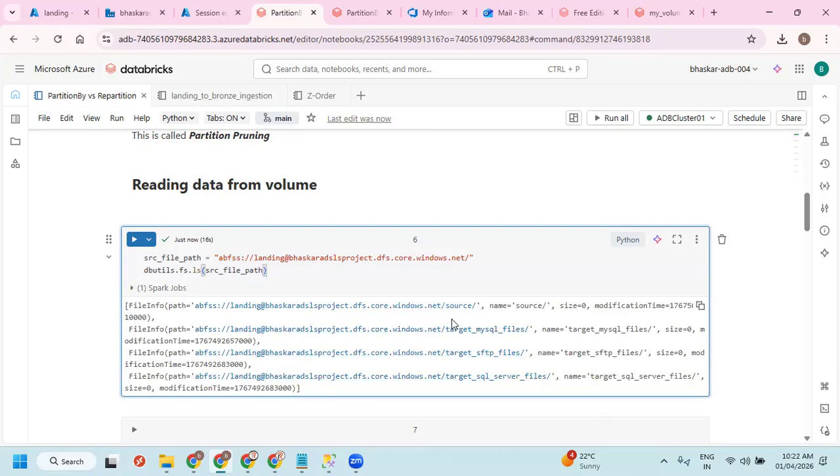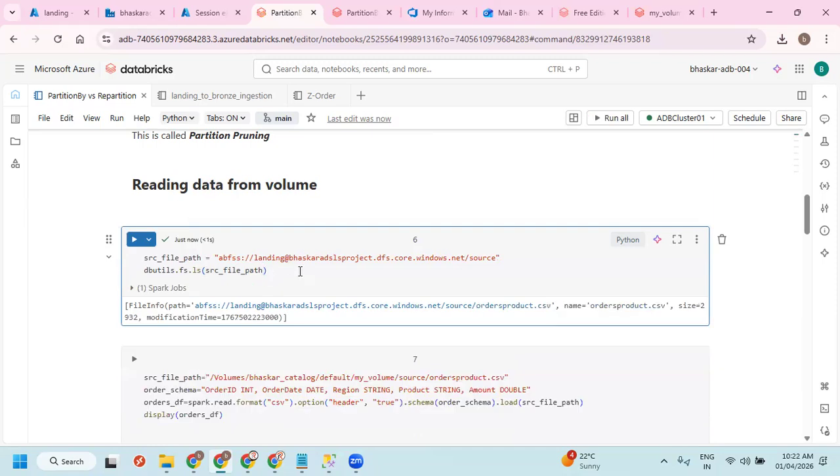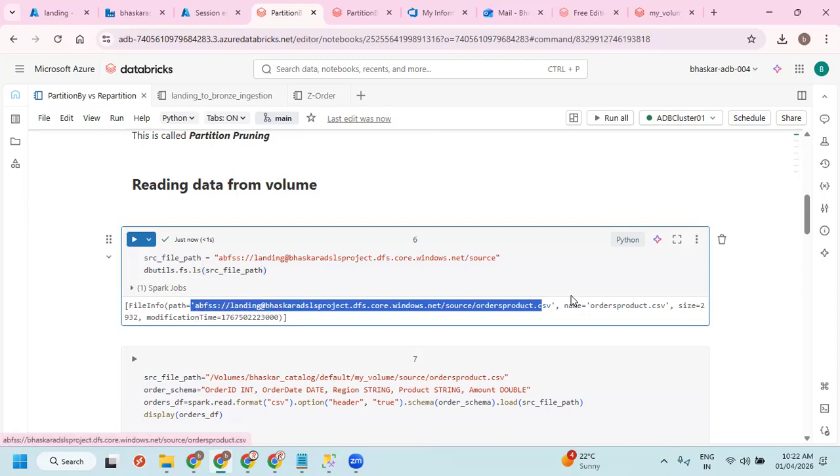You're having all the folders here. I'm just going to take the folder named source. There is only one file, or you can directly take the path of the file. So I'm just taking this file name.